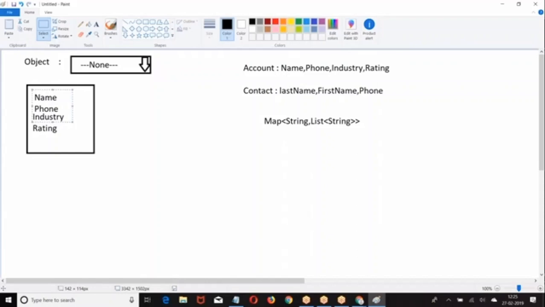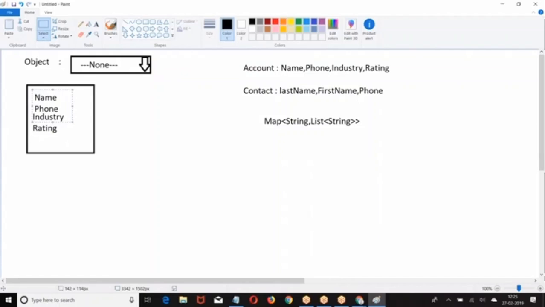Now it is a combination of map, list, and dynamic SQL query. Map, pick list, dynamic SQL query. Try out this example. I hope the requirement is clear, boss.